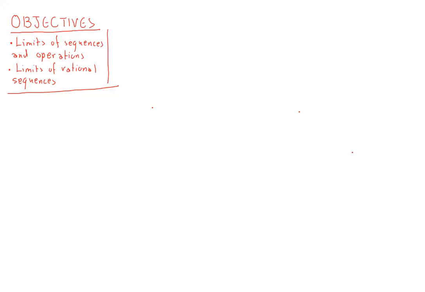So to get started, let's just first note that there are some very simple properties that have to be proven, of course, but this is still not a proof-oriented course, and we're not going to attempt to give any proofs, but here they are. So suppose that the limit as n tends to infinity of the sequence a_n is L, and the limit as n tends to infinity of the sequence b_n is M. Then,